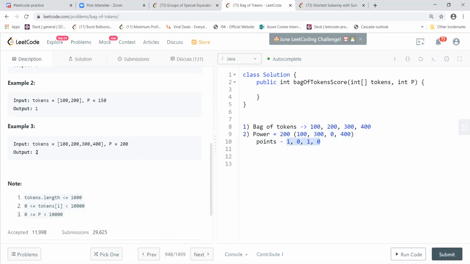The output says 2. So the way this has to be played is slightly different. What we need to do in this case is start with 100 first. When you start with 100, you gain 1 point, right? That is fine. But when you're playing for the power, you start from the back, because you'll gain more power, right? If I play from the back, because 400 is the greatest one,